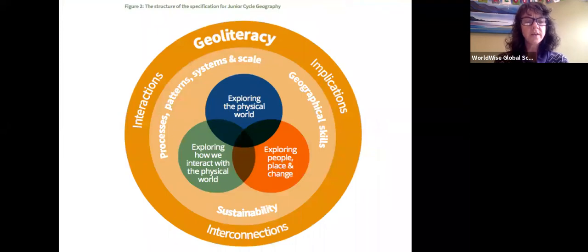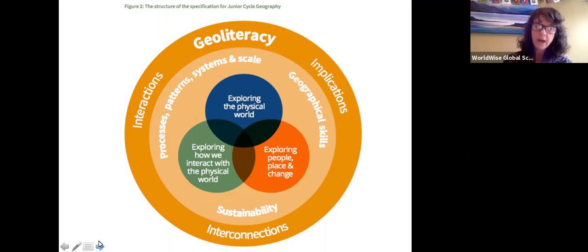Just to finish off, not to forget, there's so much potential in global citizenship education to do cross-curricular work. So we're looking at, say, the geography curriculum there. Again, where are the overlaps? Where's the potential to do possible projects? Also to consider that although we have guides for geography, home economics and science,